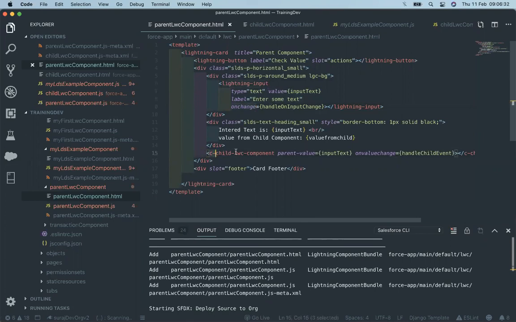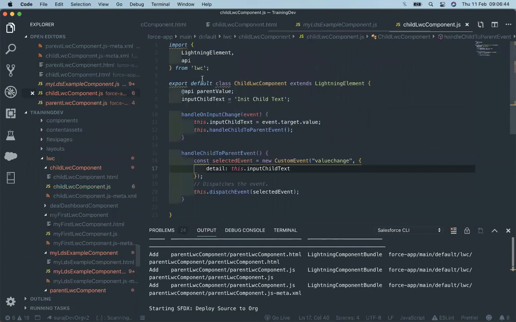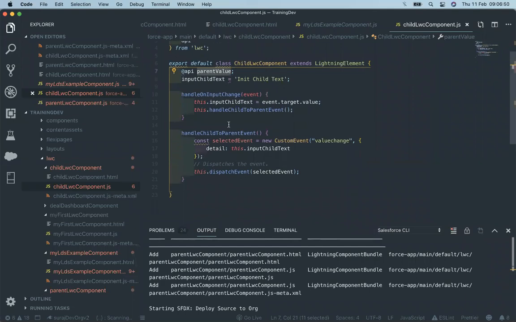But we also have to look at the case where we are designing a custom child component. At that moment we can easily pass the value by declaring the variable, and the variable should have the API annotation, so that we capture the value from the parent. Once it has captured the value, we can do anything, but the reverse is not true. If the child has to pass some values to the parent component, it has to take the help of an event. Since it's a custom component, we have to design a custom event name, create the custom event and dispatch that event.